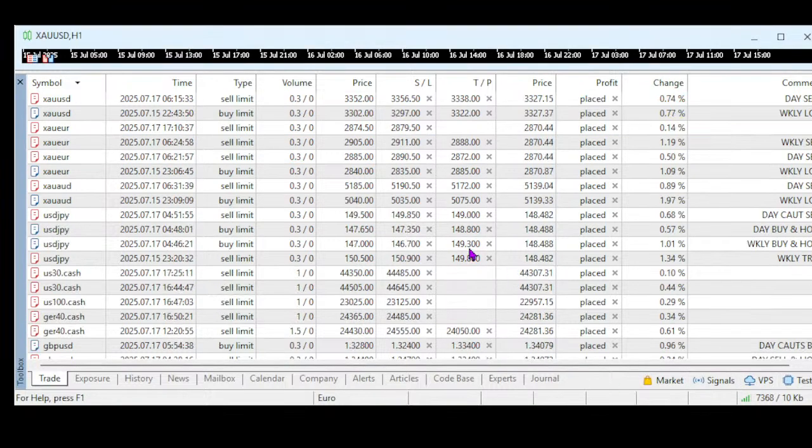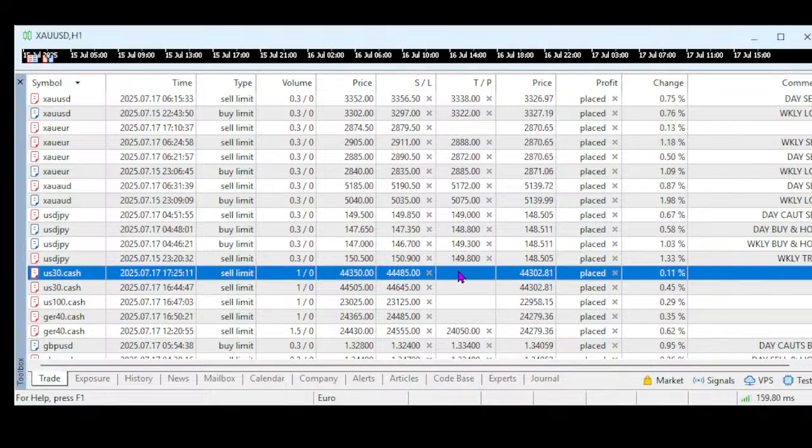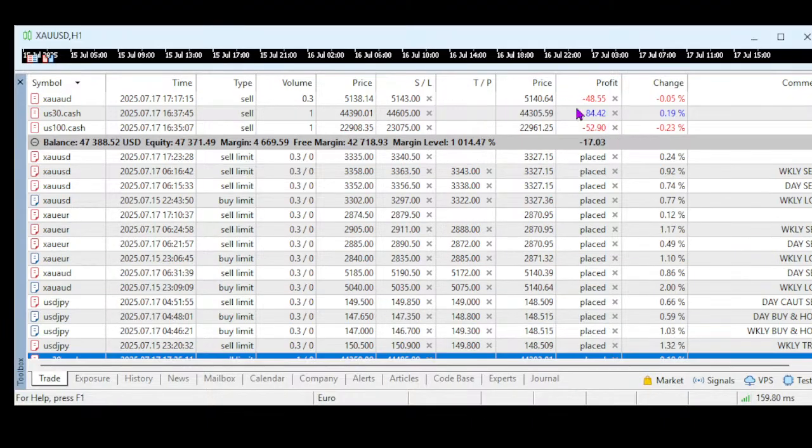So we have a new order. Sorry, 350 for 485. So this is a new order, an add-on entry. So we have two entries for the Dow. One we have already started making money on, so we will try to see when we can take profit.